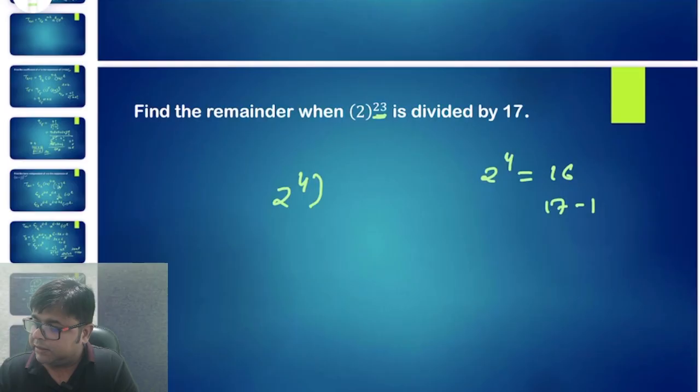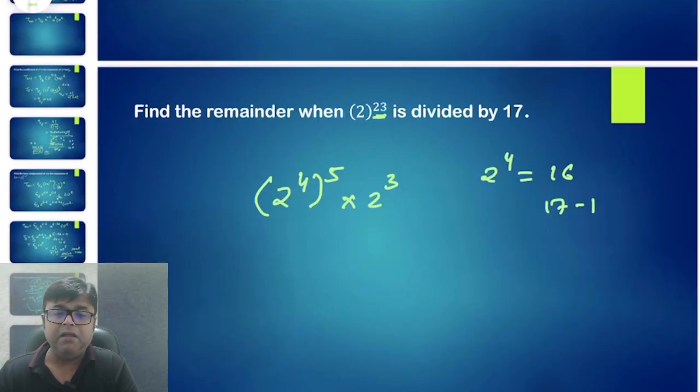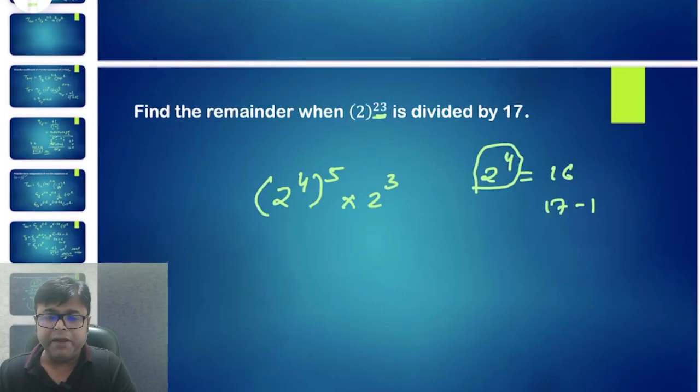So I can write it as, this will be 2 to the power 20 into 2 to the power 3. That will give me 2 to the power 23. See, I have to make the power a multiple of 4 because I have to make it 2 to the power 4. So in order to make it a multiple of 4, I know the multiple of 4 closest to 23, lesser than 23 is 20. So I've written 2 to the power 20 separately and 2 to the power 3,